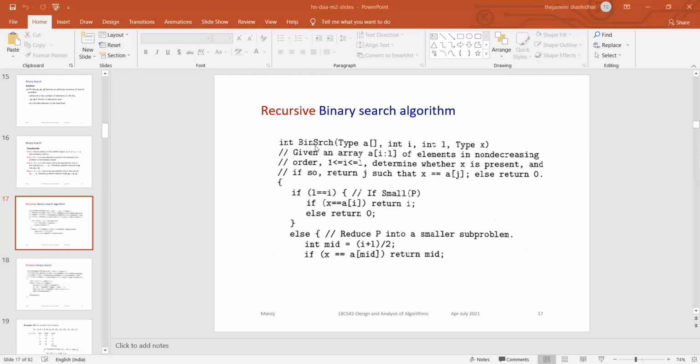For that, the function name is binsearch, that is binary search. What are you searching?